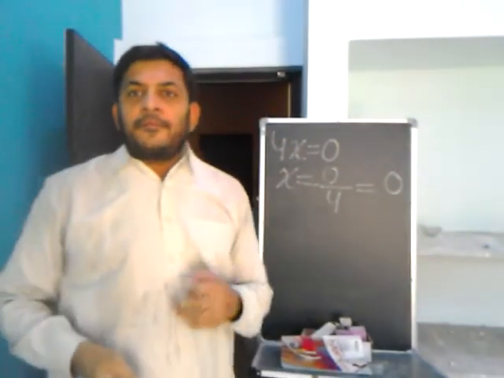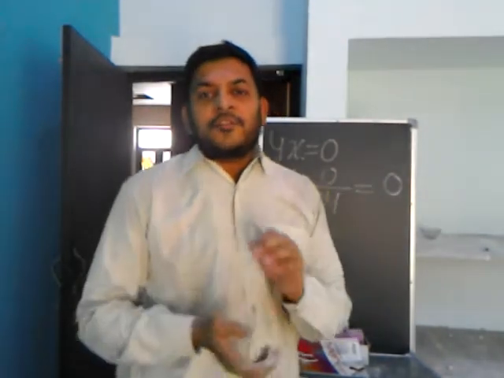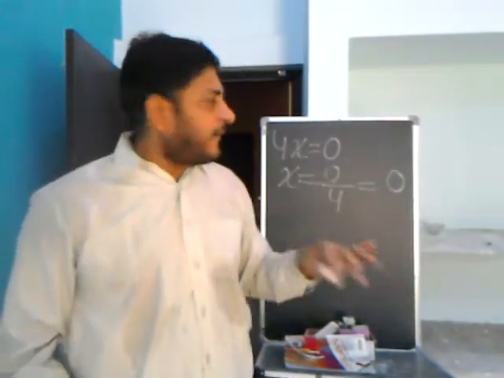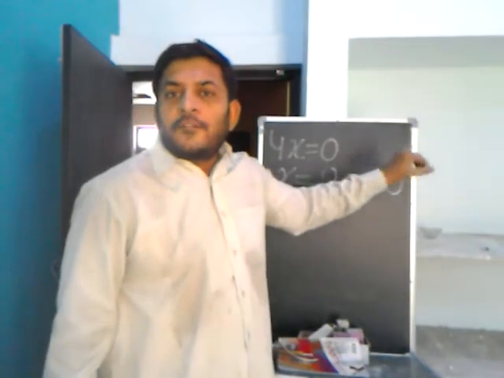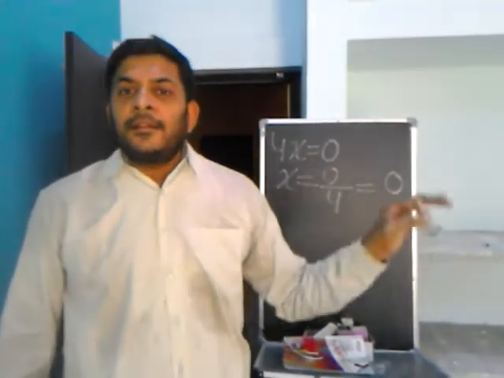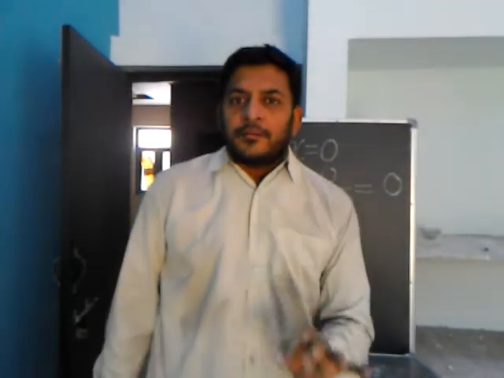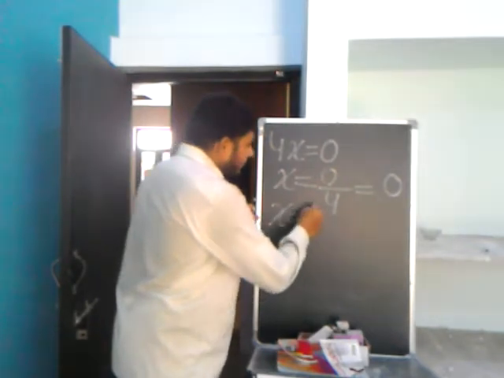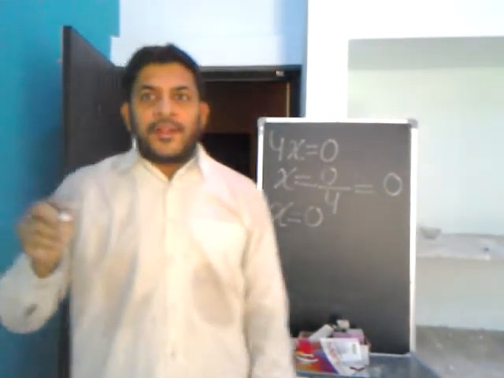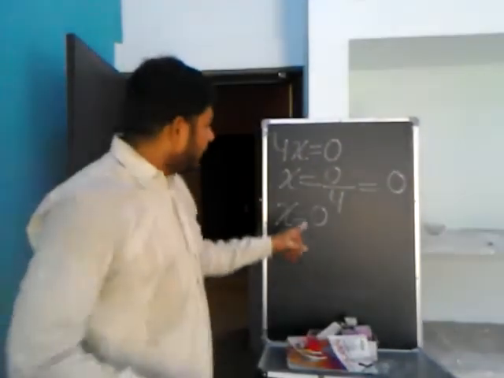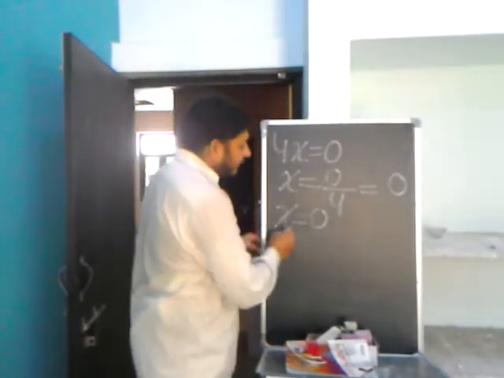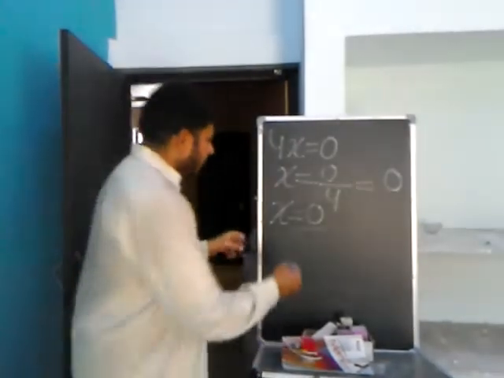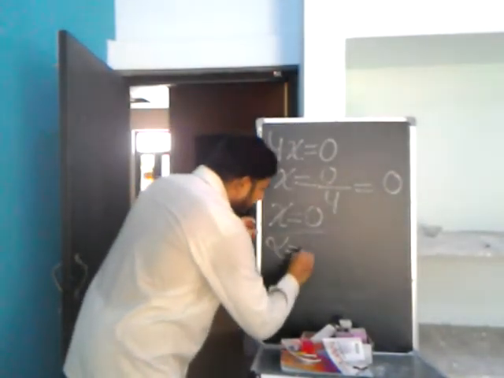Since if 0 is divided by any number, whether a bigger number, negative integer, or positive integer, the answer will always be 0. If I divide this 0 by anything possible, the answer will be 0. So this is x equal to 0. Now, if you remember, in the last class we said that this first value of the variable is alpha. So alpha is 0.